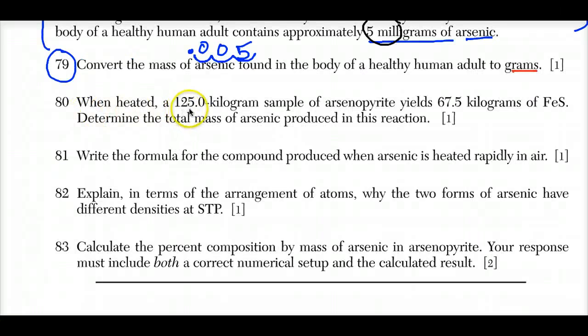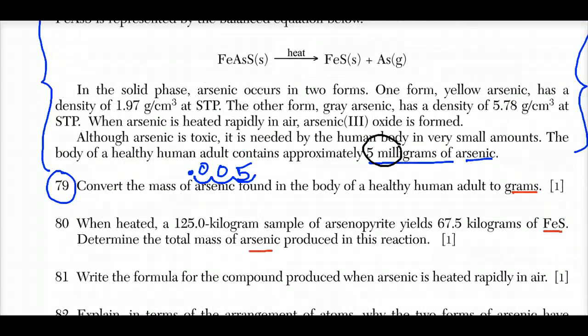Number 80. When heated, a 125 kilogram sample of arsenopyrite yields 67.5 kilograms of iron(II) sulfide. Determine the total mass of arsenic produced in this reaction. This is a conservation of mass problem. If this is the fourth Regents you've done in the June series, you'd see that we probably have run into this. So what they're saying is I have a 125 gram sample,